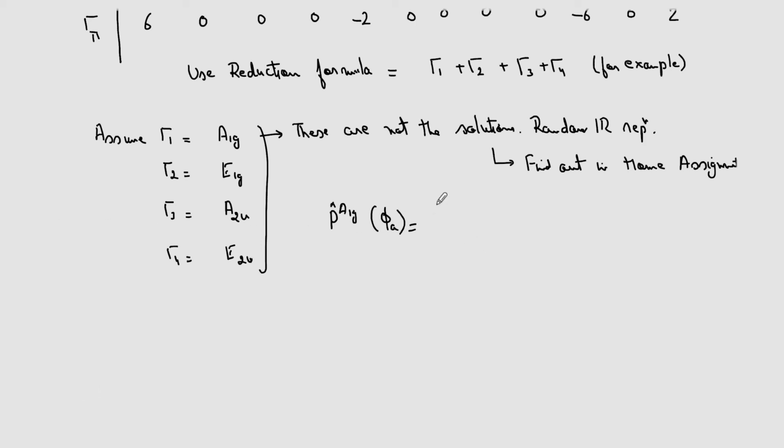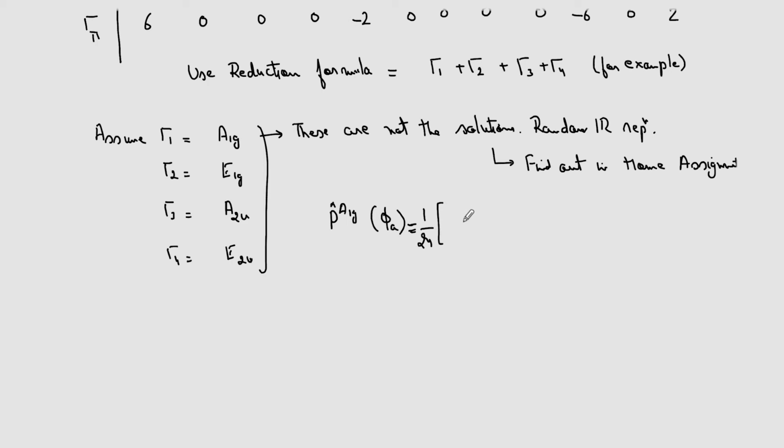So for that, we need to go to the character table and carry out all these operations. I'll just tell you one of the operations, let us do it for once. So for A1G, the character is 1, and the h value for D6h, this will be, I think, 1, 2, 3, 4, 5, 6, 7, 8, 9, 10, 11, 12, 13, 14, 15, 16, 17, 18, 24. So this will be 24.